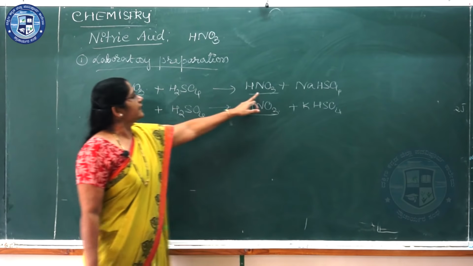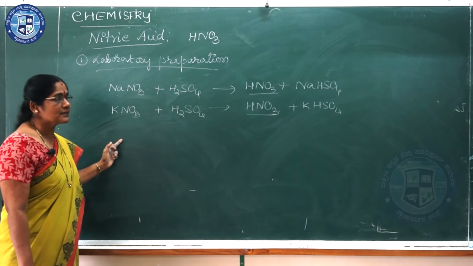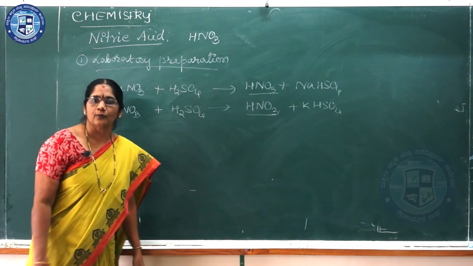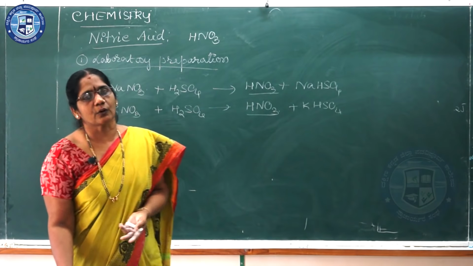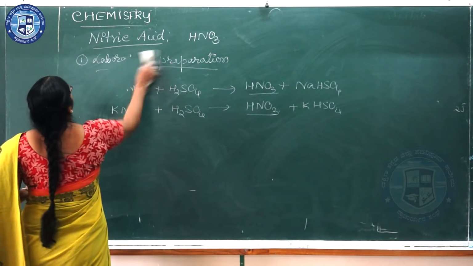So we get nitric acid formed when nitrate salts are mixed with the sulfuric acid. So this is how we can prepare nitric acid in the laboratory. The next,